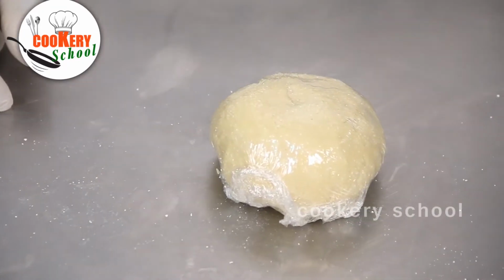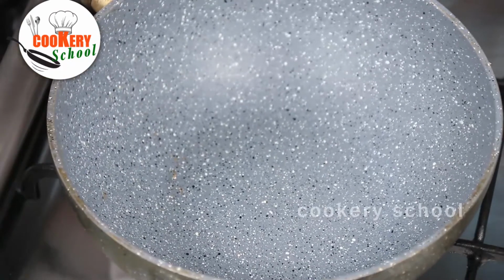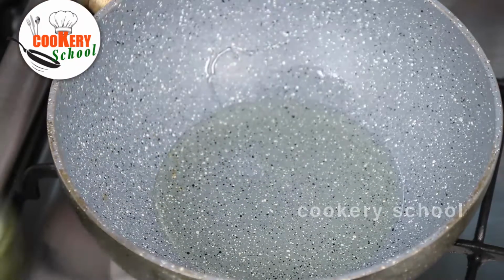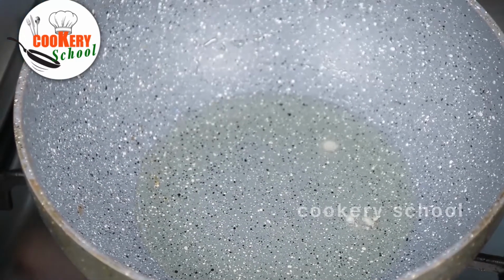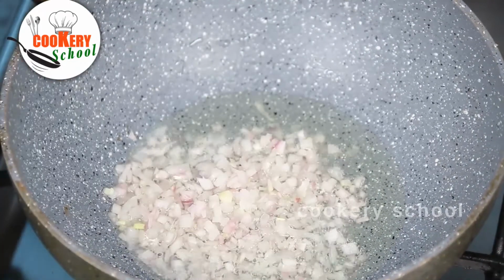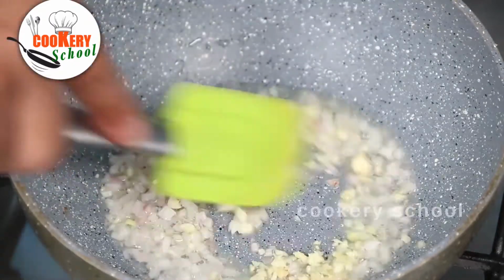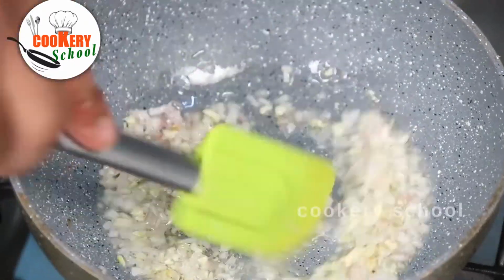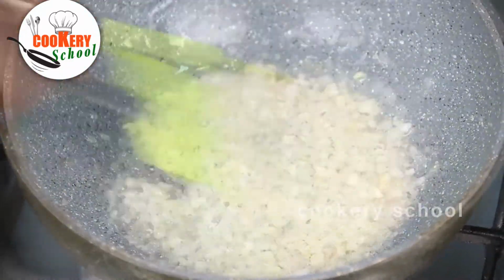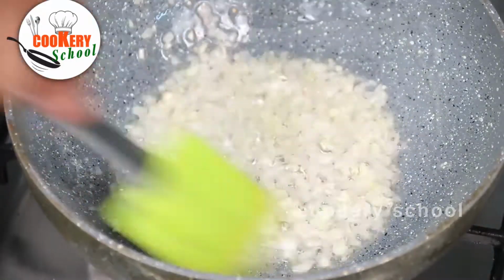Meanwhile, we can prepare a sauce. To make the Pomodoro sauce, let's heat up the pan, add some olive oil. When the oil is hot, add 1 spoon of chopped onions, chopped garlic, sweat onion and garlic, once the onion and garlic is nicely sweat,